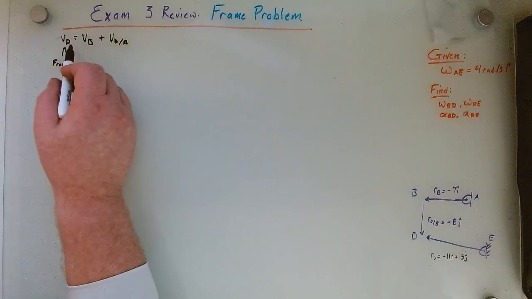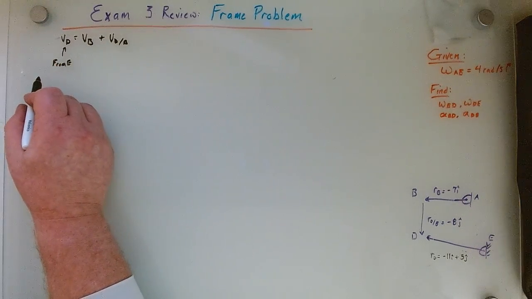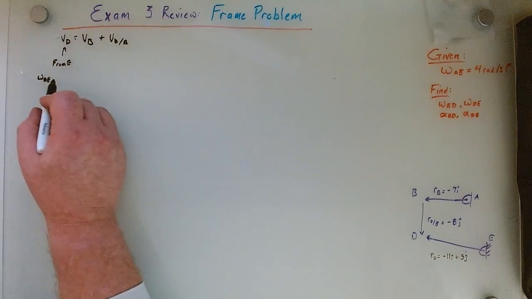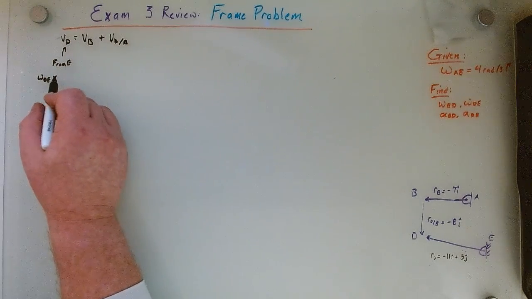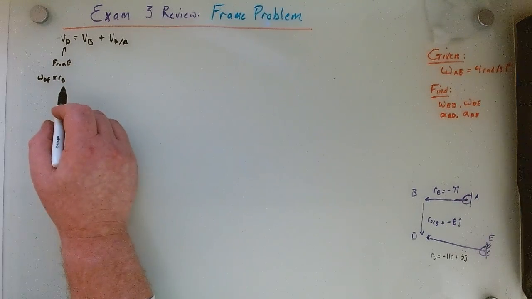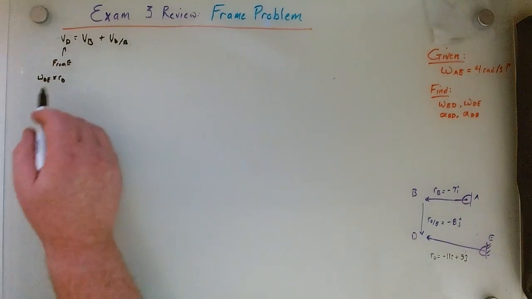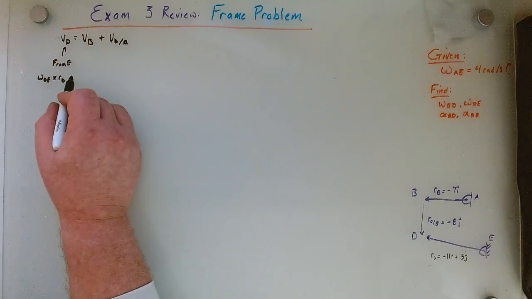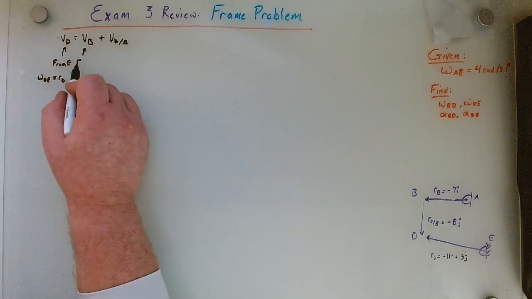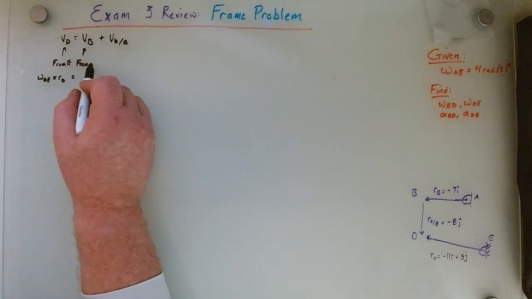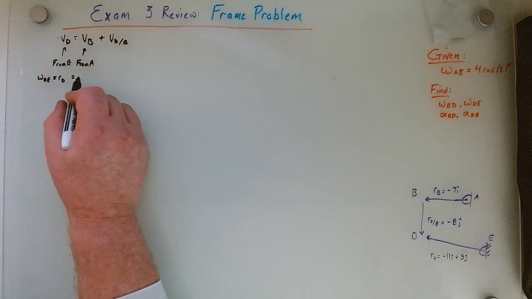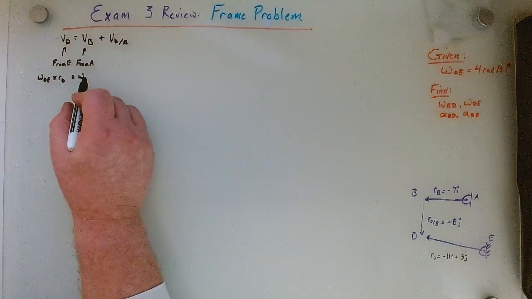And the formula for this is omega DE cross with RD. That's what I'm calling it here. It's just that, cross with RD, is equal to, and this comes from A, as shown here. And what is that? That is omega AB